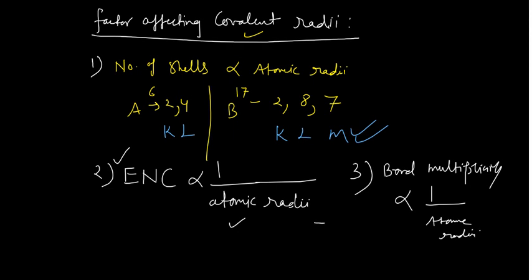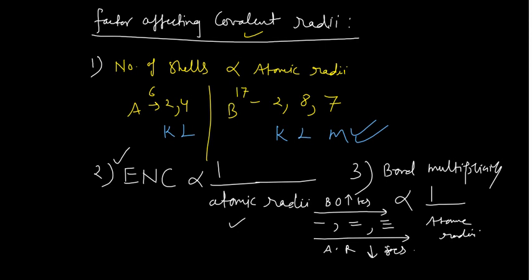You may have a single bond, a double bond, or a triple bond. So when bond order increases, then atomic size decreases. Here you see, when bond order increases, then definitely your atomic size, I am writing AR for atomic radii, decreases. So these are the factors which you generally consider when you are talking about atomic radii or ionic radii.